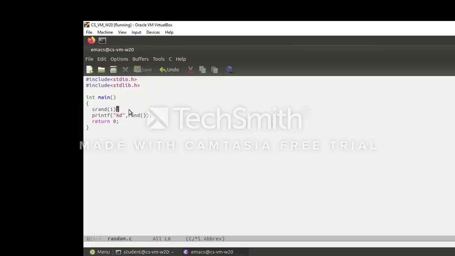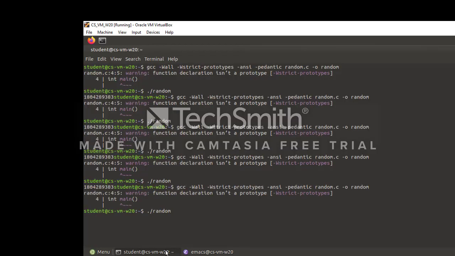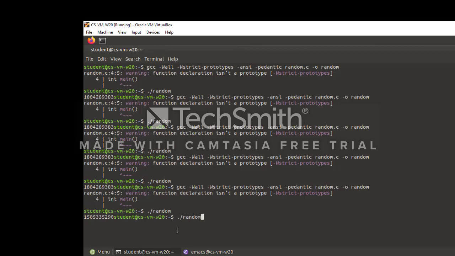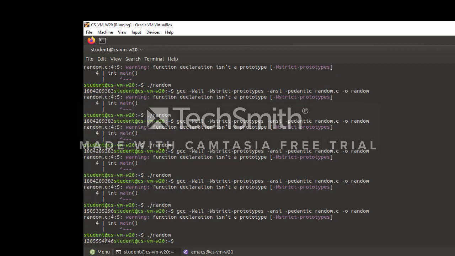Now if I change 1 to say 2, save, compile, and run, now you can see that a different number has been generated. Similarly, if you want to generate yet another number, you can change the seed, say 3, save, compile it, run it, and you can see that a different number has been generated.